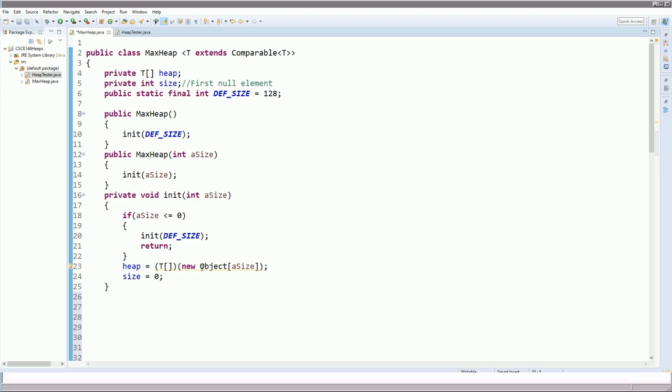However, we did construct this as a new object, which is not quite correct. It was correct for whenever we were using a queue or a stack as an array, but we have to remember that this is a comparable type, which means we need to construct this as a new comparable. In order to make this work,